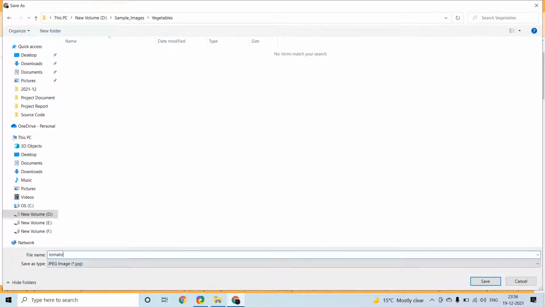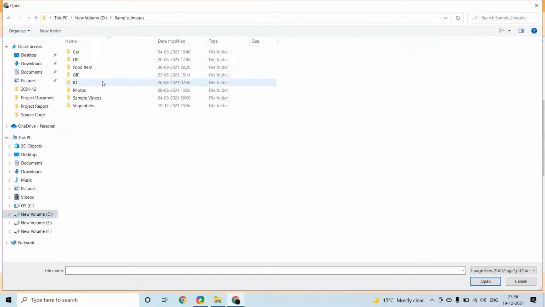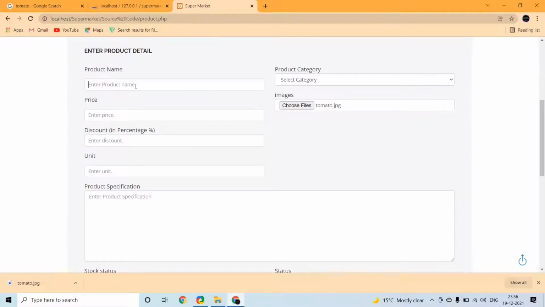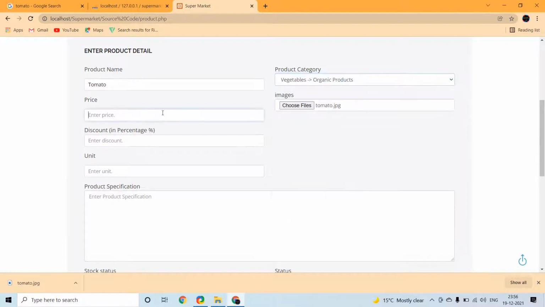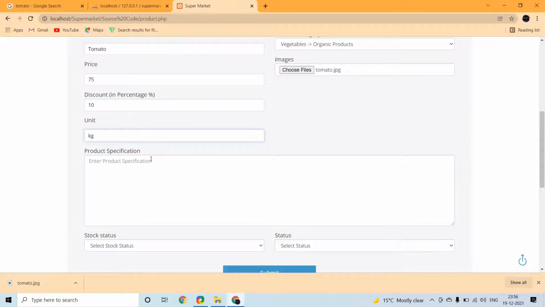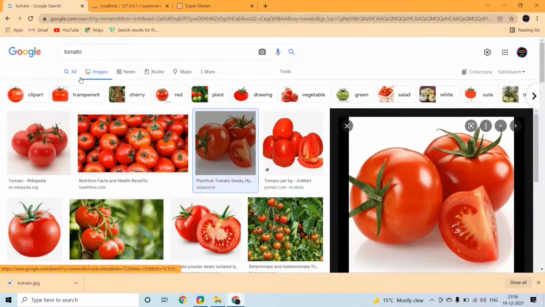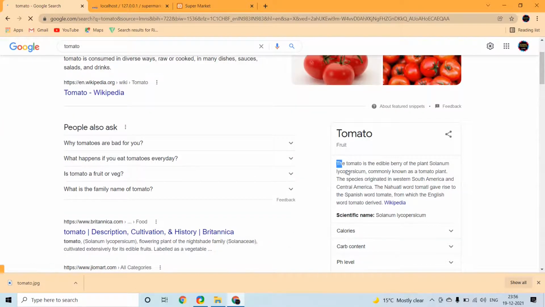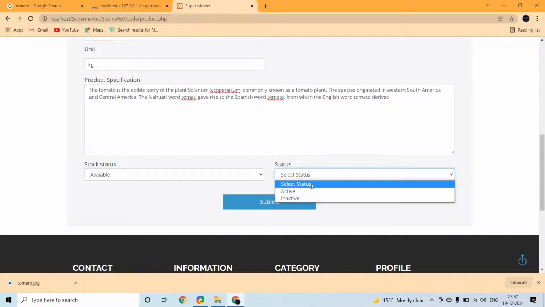Here I downloaded the picture of tomato. I enter the product detail, product name tomato, vegetables organic product, and the price I entered as 75, and discount 10, unit in kg, and in the description box I added some information about the tomato. Now I give a submit.